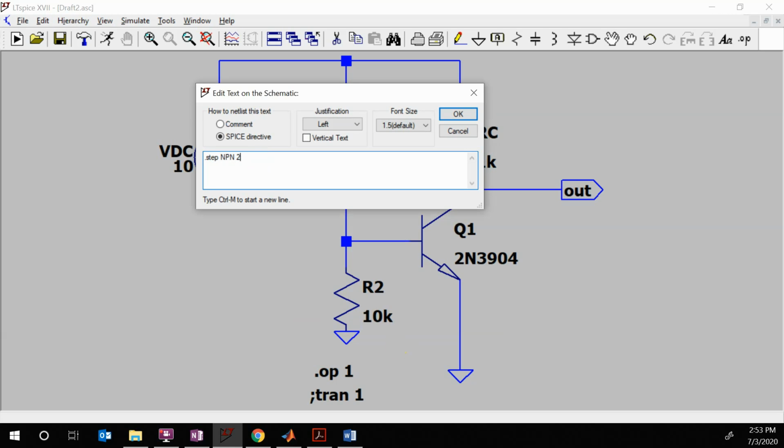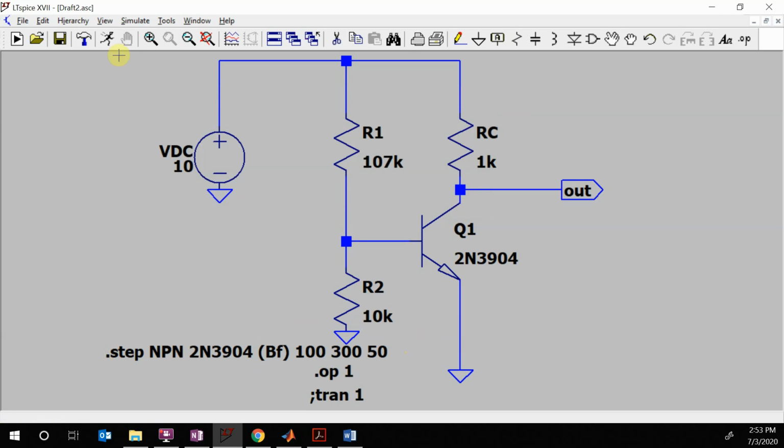And then the 2N3904 transistor. We want to vary our BF, and we're going to go from 100 to 300 in steps of, let's just do 50 so it calculates fast. Okay. So then we run this,